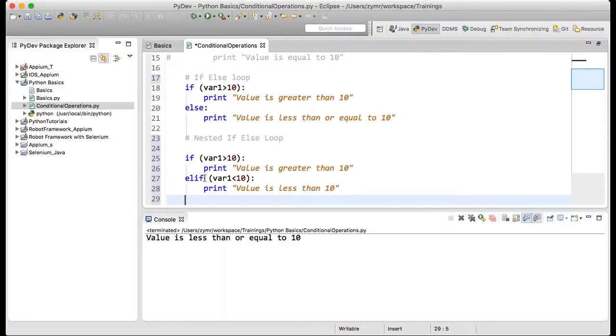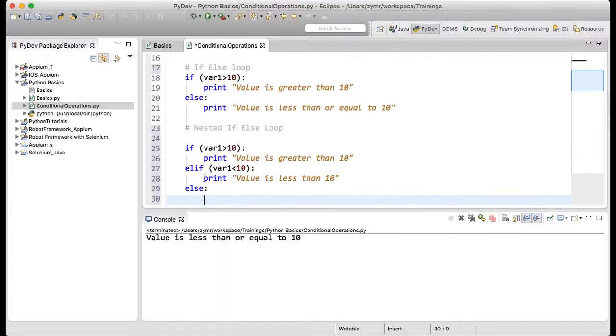So at the end I will say else. Please make sure that if you write if, then you give the else at the last statement, because some expression has to be evaluated at the end, you have to take care.